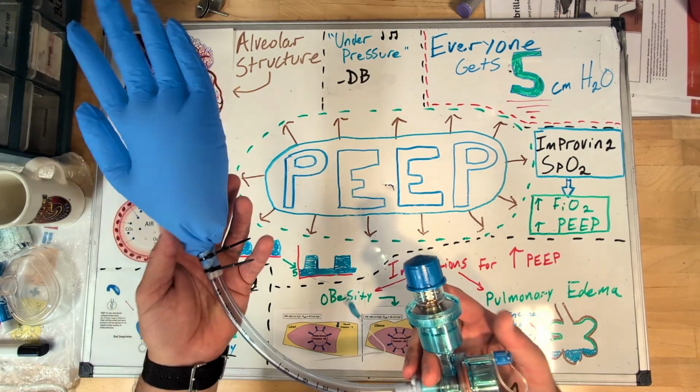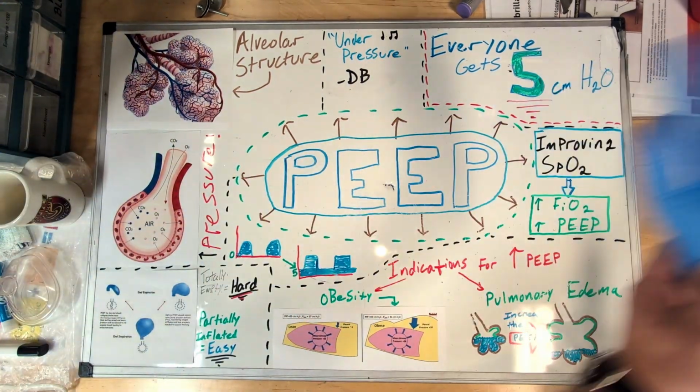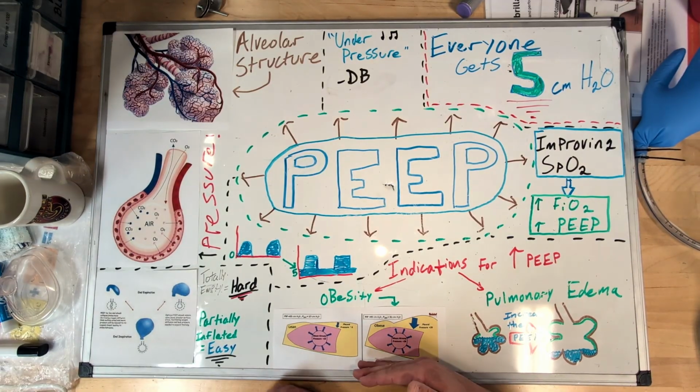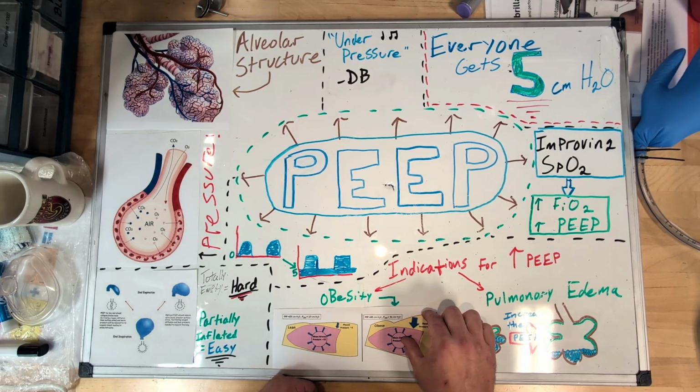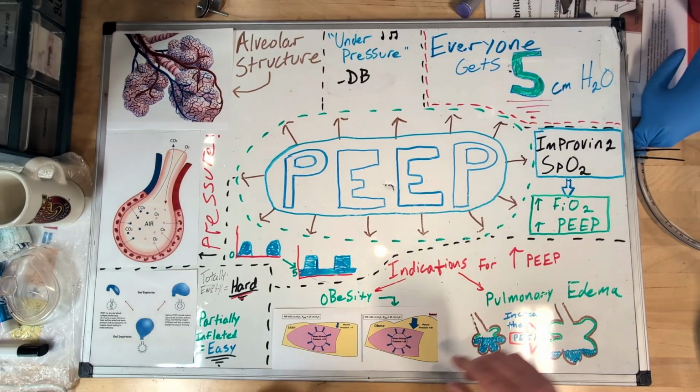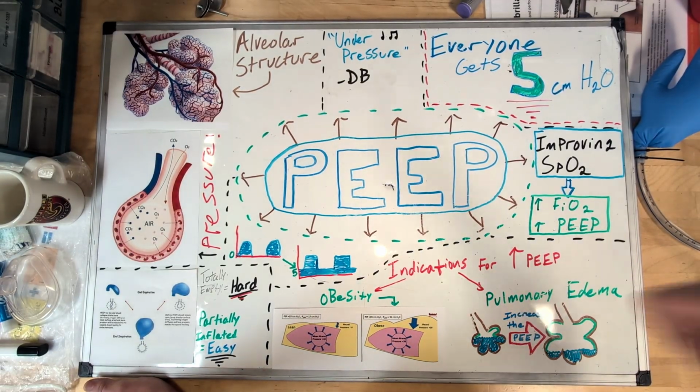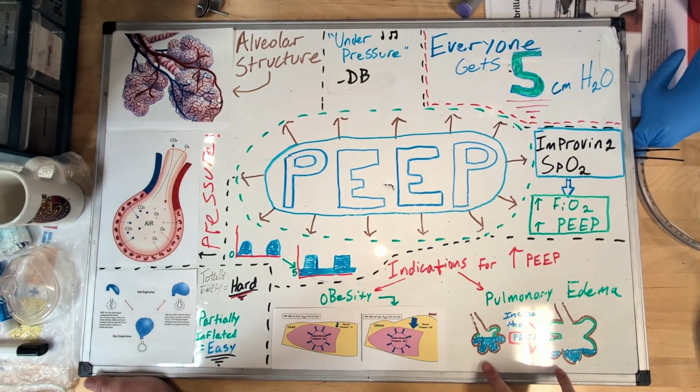So I might go up on my PEEP if we're ventilating a morbidly obese patient who has a lot of mass working against us. Something else that can help, really simple, we talked about positioning as well. If you're ventilating somebody, tilt them up, even just 15 degrees. That can help kind of shift that mass down and off the lungs. A second instance where we might go up on PEEP, pulmonary edema, okay? This could be secondary to congestive heart failure. It could be secondary to drowning. Either way,